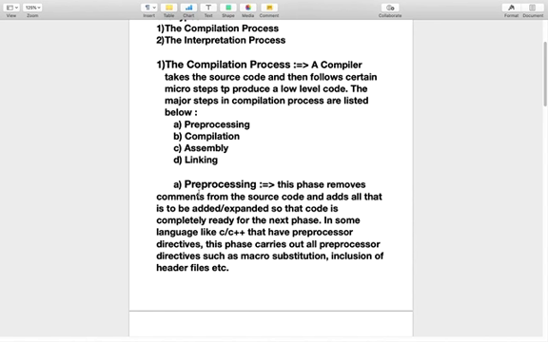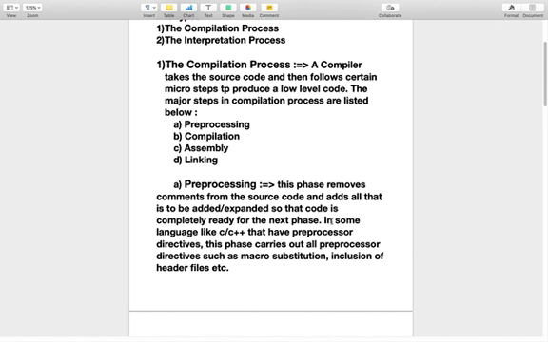This phase removes comments from the source code and adds all that is to be added or expanded so that the code is completely ready for the next phase. In some programming languages, when we write programs, we add comments to understand the program.